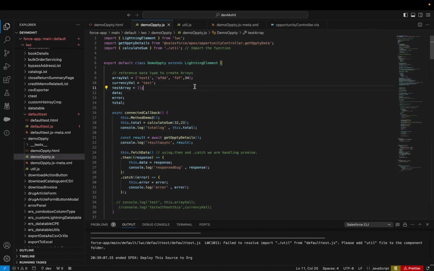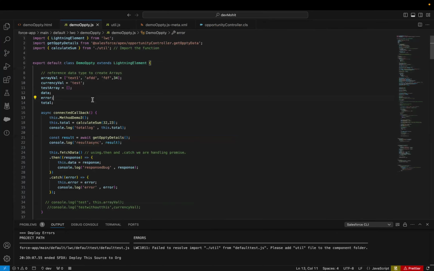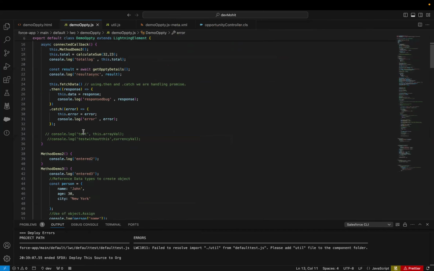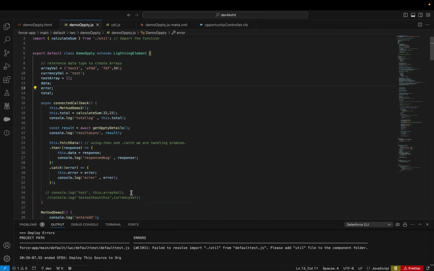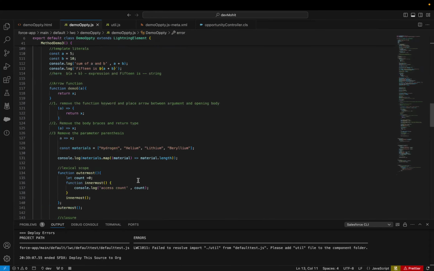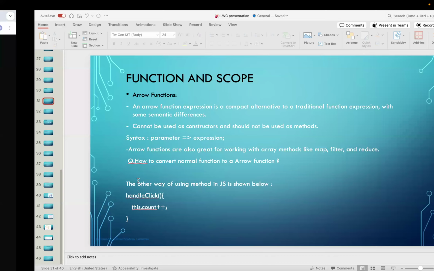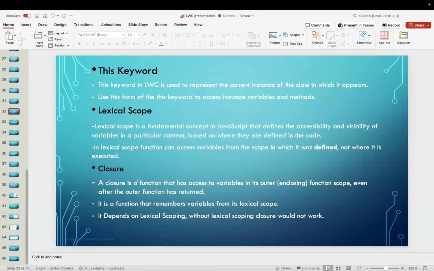So that was the one thing which I was thinking to tell you guys, that this is how it's possible. But if you try to use those functions directly in the JS class, then it won't work that way. Now it will work like this. So that was the function, and now we'll go with the lexical scope and the closure scope that I was